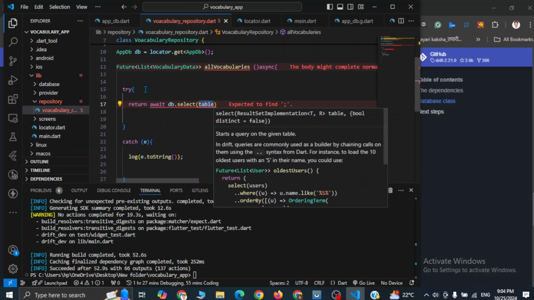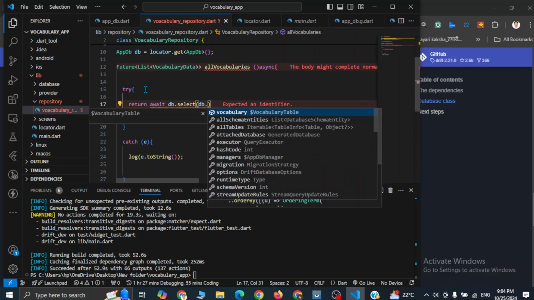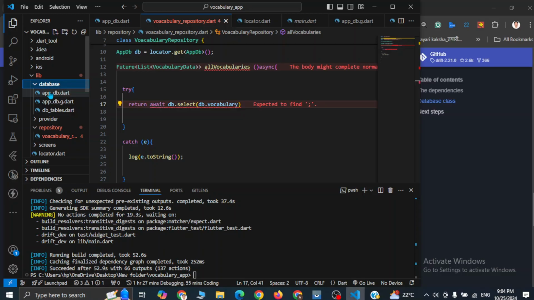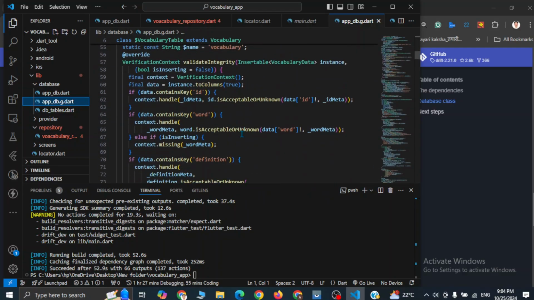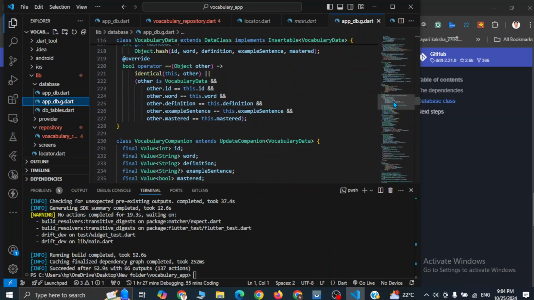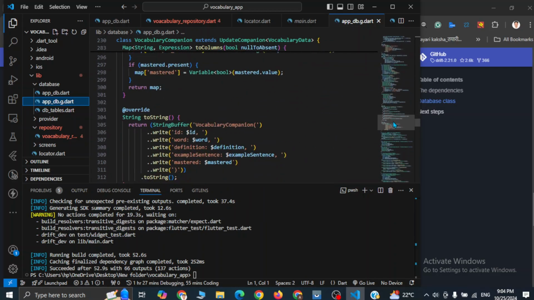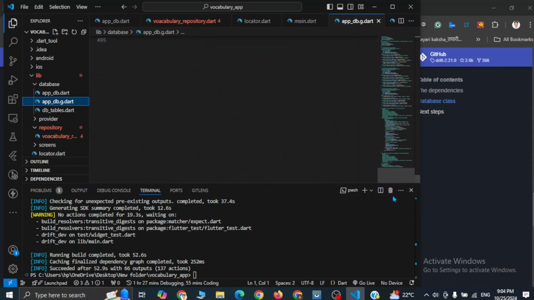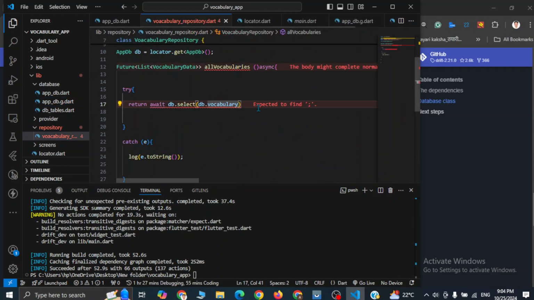db.select, and we have to define the table, that is our vocabulary table. If you see the app database folder here, inside appdb.g.dart, all of this file is generated. We are not directly dealing with this code, but we are using the methods defined here. And we can simply use the function get,